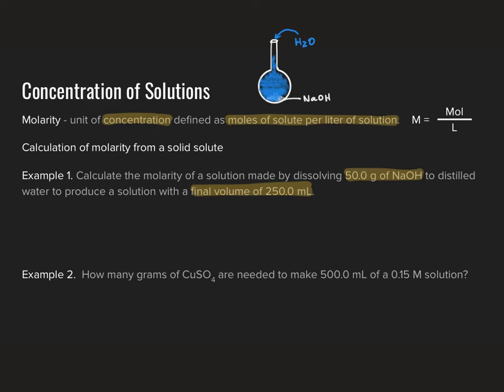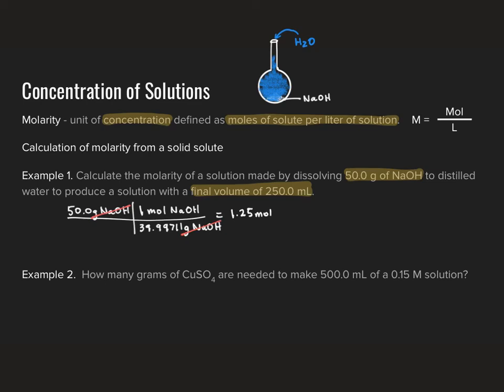I'm going to start by converting from grams of sodium hydroxide into moles of sodium hydroxide. So then I'll know the number of moles of my solute. So starting off a very quick monorail here. Monorail! I've got 50.0 grams of NaOH, and I've previously calculated the molar mass of sodium hydroxide. There are 39.99711 grams of NaOH per 1 mole of NaOH. And doing a real quick calculation there, canceling out my units, gives me 1.25 moles of sodium hydroxide, which were